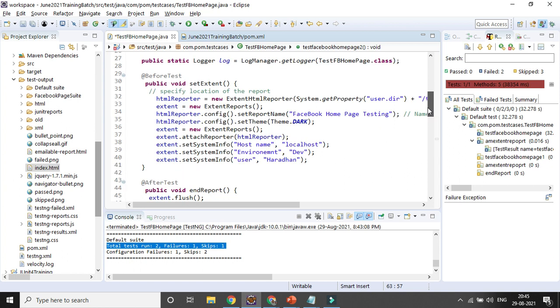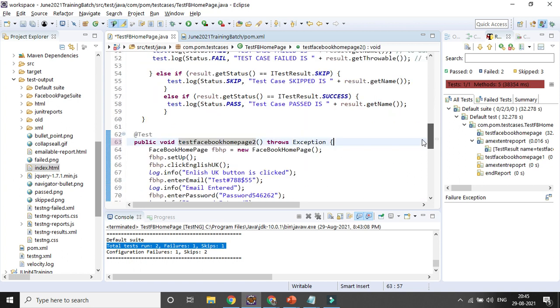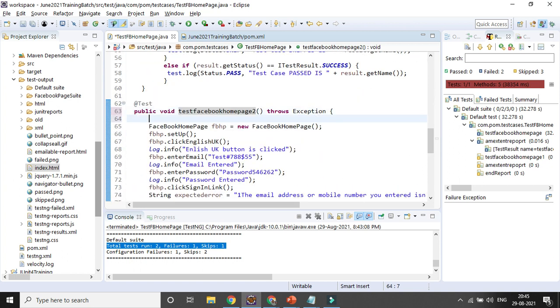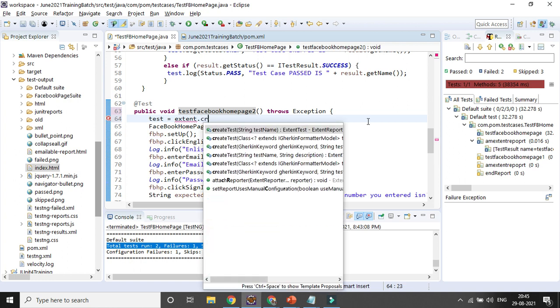Three variables, right? So for each and every test case you need to call it, so that it will be using the variable test equal to extent.createTest, right? And here you can give the test case name.